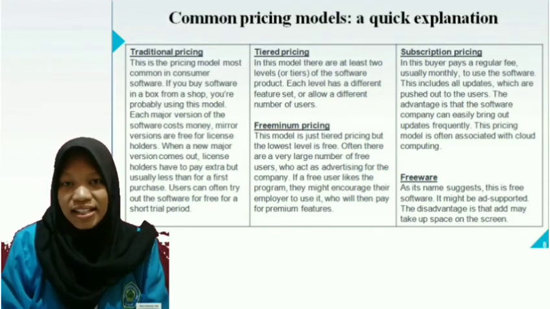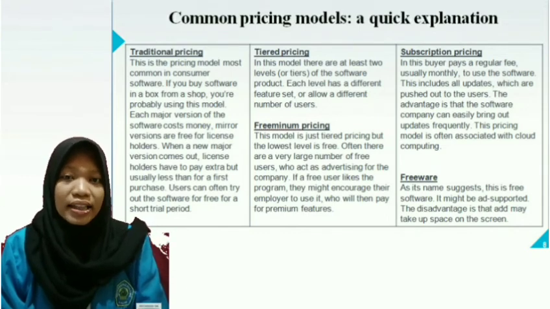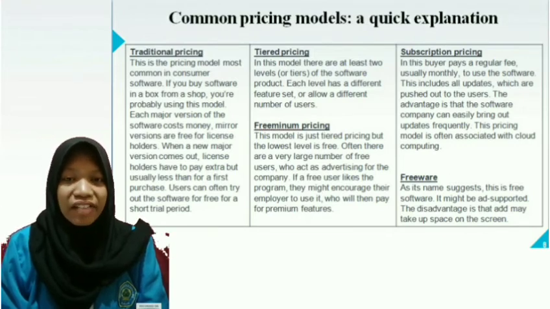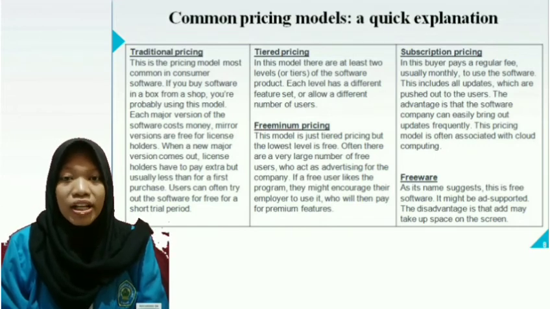The second, tiered pricing. In this model, there are at least two levels or tiers of the software product. Each level has a different feature set or allows a different number of users. The third, freemium pricing. This model is just tiered pricing, but the lowest level is free.